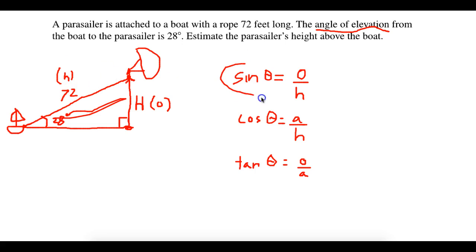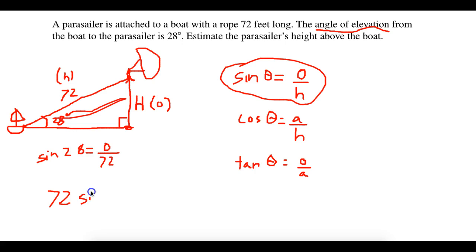So we know that sine is what we use. So we can write down our equation. If we take the sine of 28, that's equal to, we do O over H. So in this case, let's do O over, our hypotenuse is 72. So we get an equation: sine of 28 equals the opposite side over 72. Since we're trying to find the opposite side, we can just multiply both sides by 72. So we get 72 sine of 28